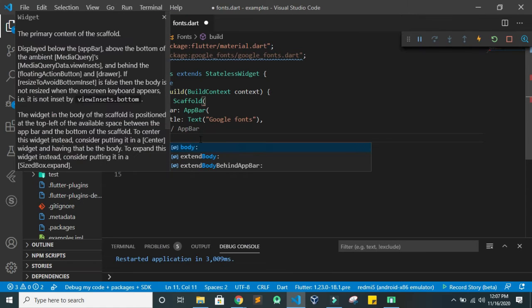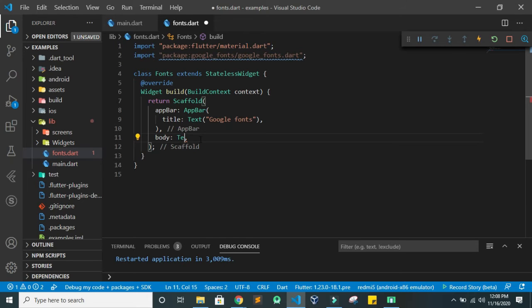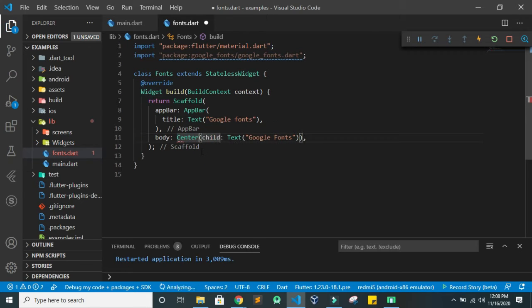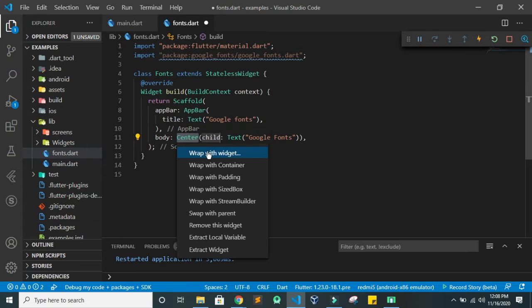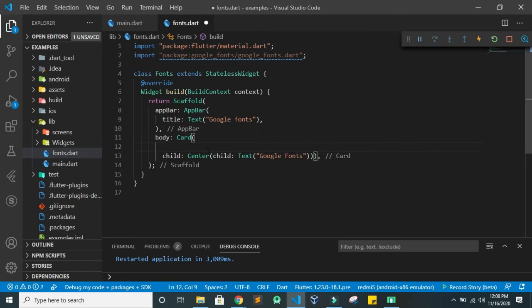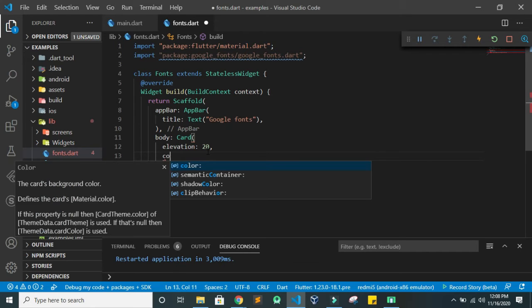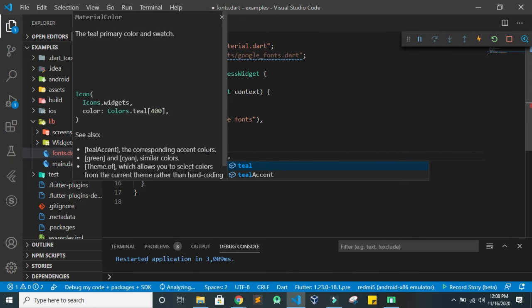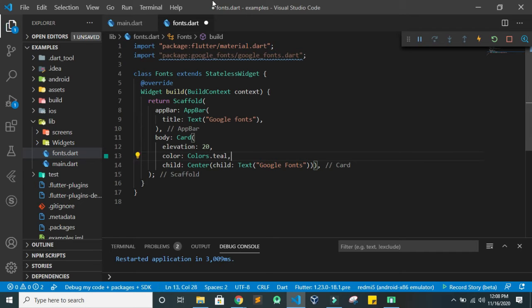And now we can just write as text. I'll just write Google Fonts once again, and here I'll wrap it within the center widget so that it looks cool. And I'll wrap this within a card, and then I'll assign elevation of around 20, and then I'll assign it a color, and you can assign it anything. For now I'll just use the teal, and now let's see the changes. And after performing the hot reload, you can see that we have a card and Google Fonts appear on it,